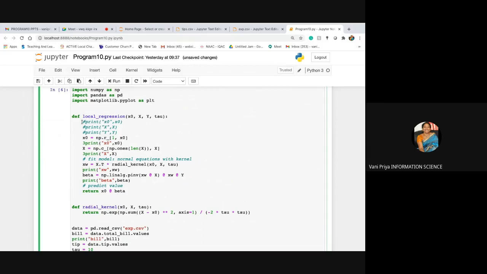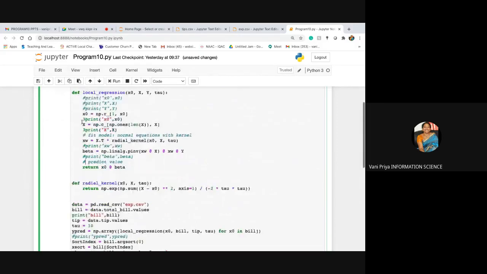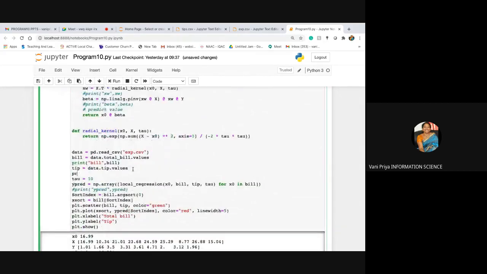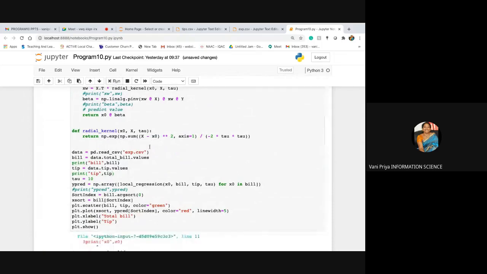Now I am just checking the tip and the bill here. This is tip. I'll run the program.